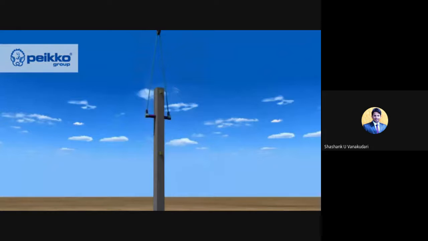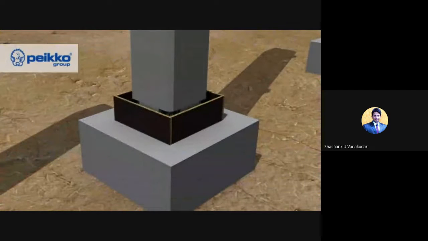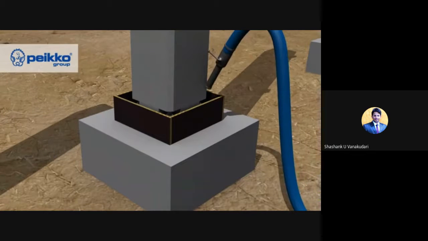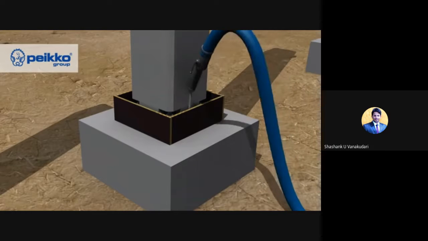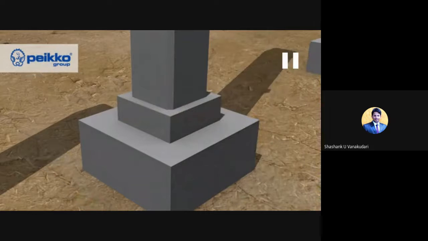Once they tighten them, the lifting equipment or other elements which help to erect or install those structural members are removed, and then again they connect these two structural members, column to footing, right? Whatever connections they have provided can be sealed with some other additives. Clear? So this is the connection of column to footing.